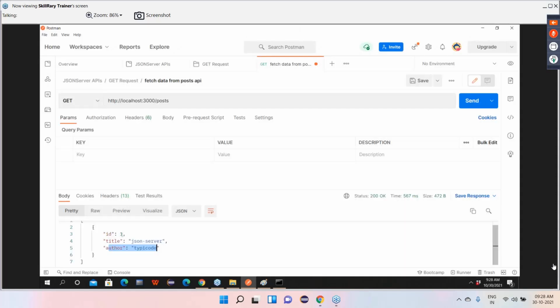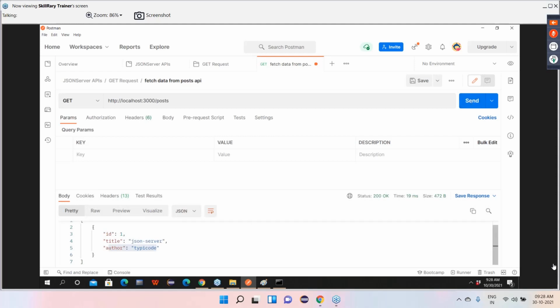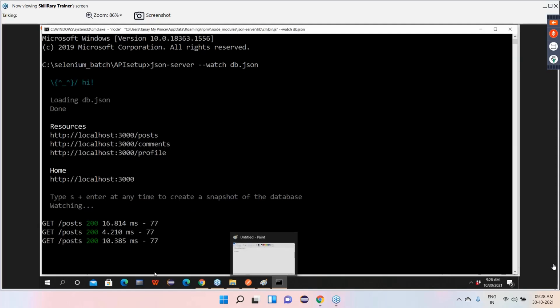Yesterday I showed you, in a browser, one time it is showing correctly. But second time it is giving 304. But now, send again. Again request goes, response came. Again send. Again request goes, response came. Guys, can you see 200? Okay. Accurate reading we are having. Is everyone clear up to this?